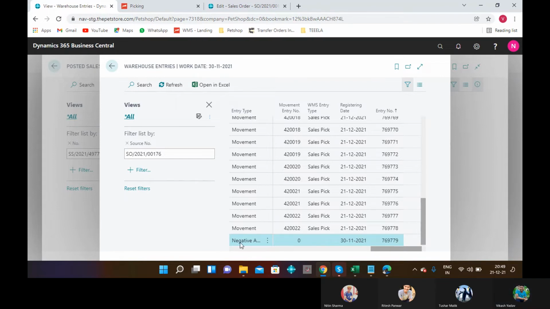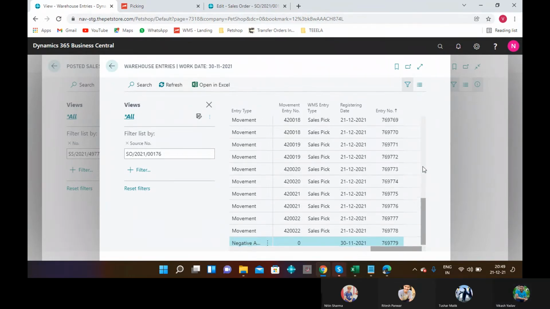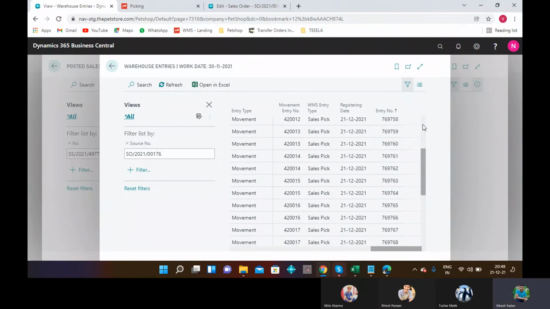It's called ship bin, right? Yeah, right. Okay, please continue. There is a negative adjustment.